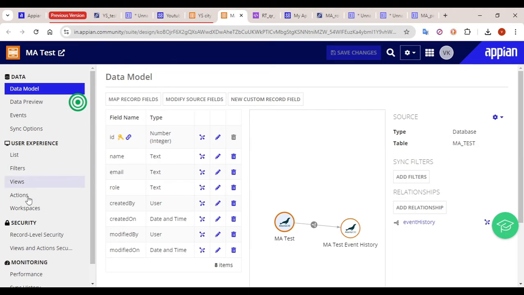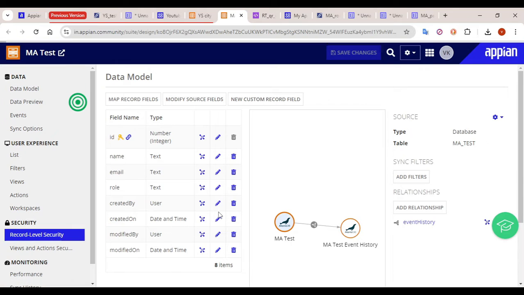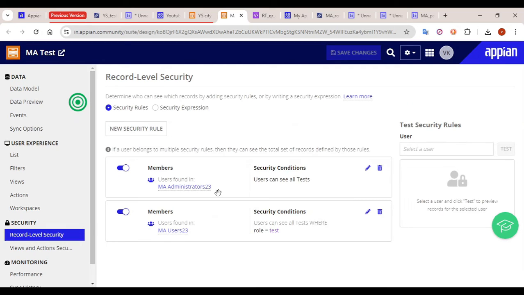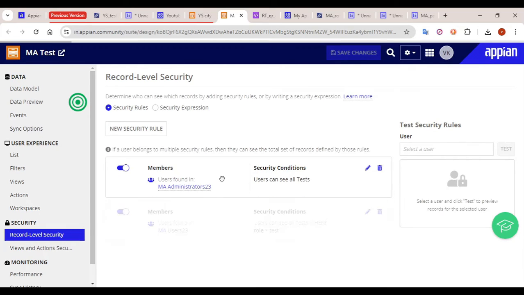And now in the new version, when you go to the record level security, they have given one more feature to reorganize as well. So here the cards are selectable, so I can arrange my security in a much better way. So logical grouping, I can do that here. Apart from that, there are not many changes here. This change only has been added here.